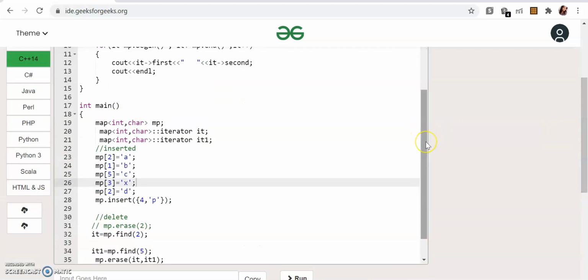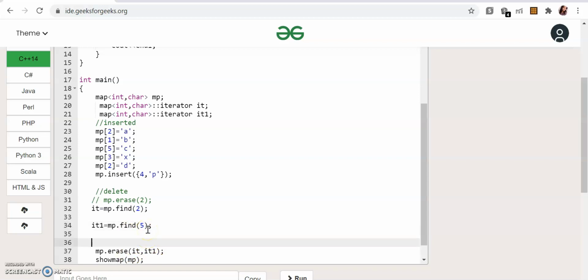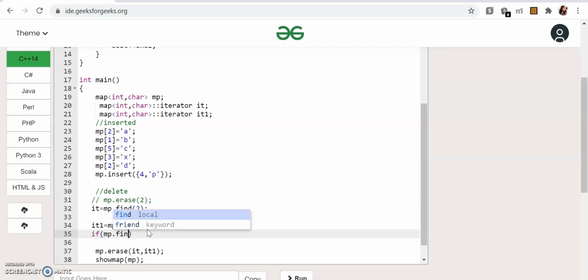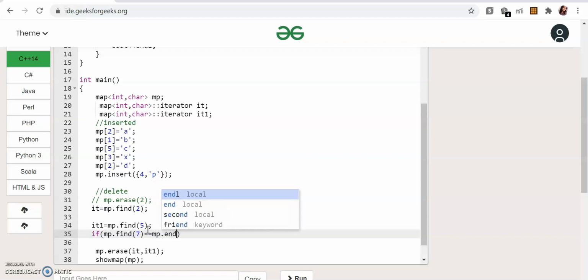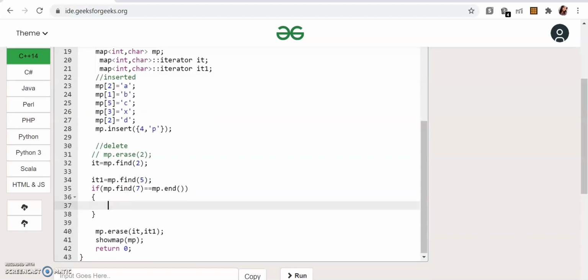So now you have seen find, you have seen insert, you have seen delete. Also, one other way that you can use find is mostly in the if else condition. So if mp.find, let's just try to find something that is not present, 7, equal to mp.end. So this should come out to be true because this element is not present.